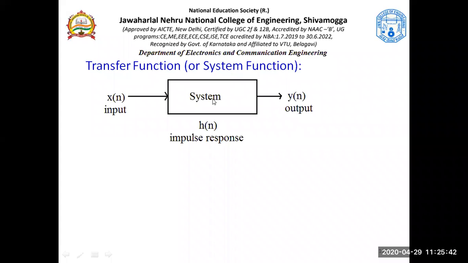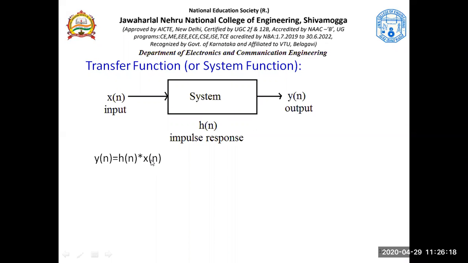So you have a system, and every system is characterized by its impulse response, that is denoted by h of n. Every system is identified by its impulse response, represented by h of n. X of n is the input and y of n is the output. Now given x of n and h of n, the input and the impulse response, what would be the output of the system? The output of the system would be h of n, and the star here is the convolution